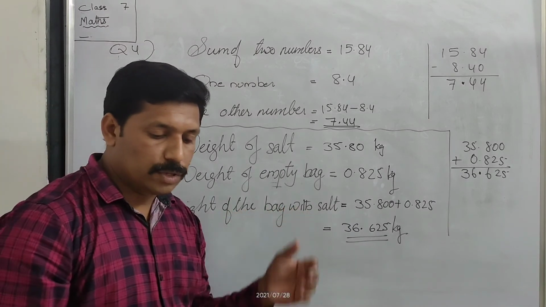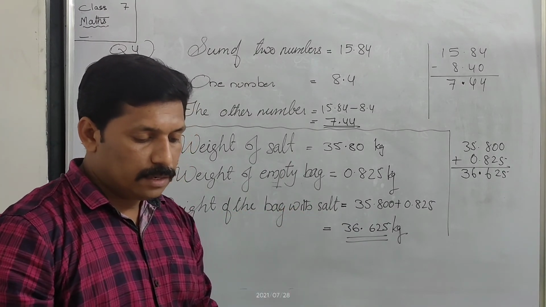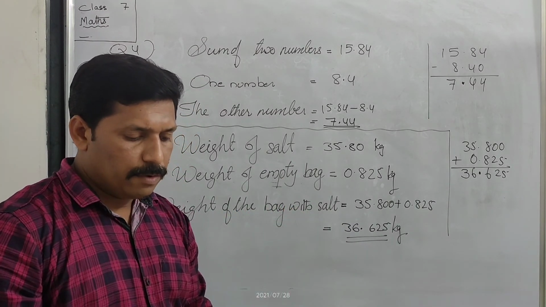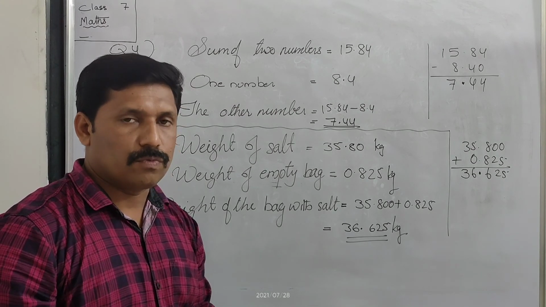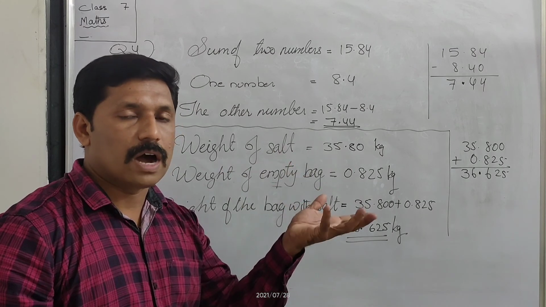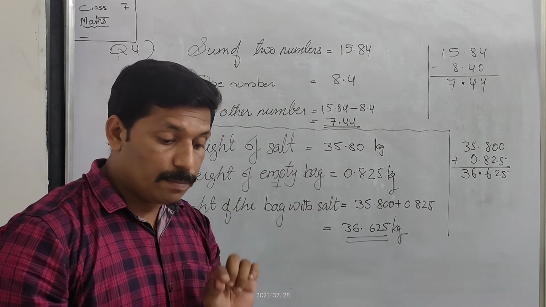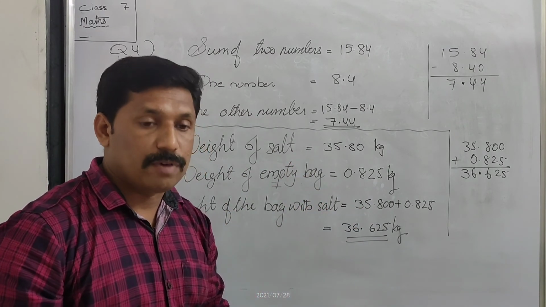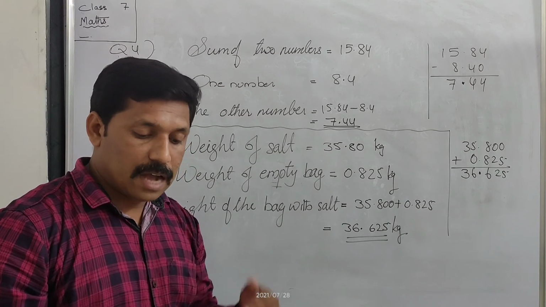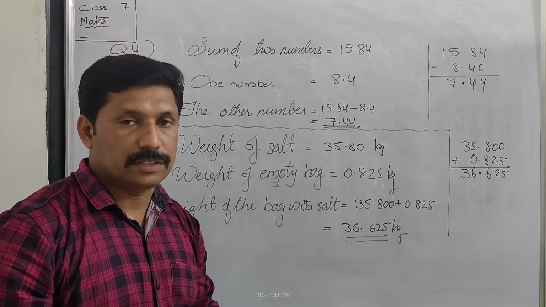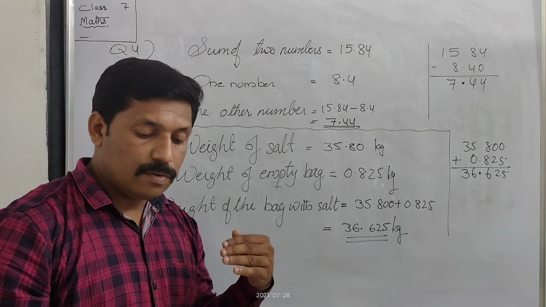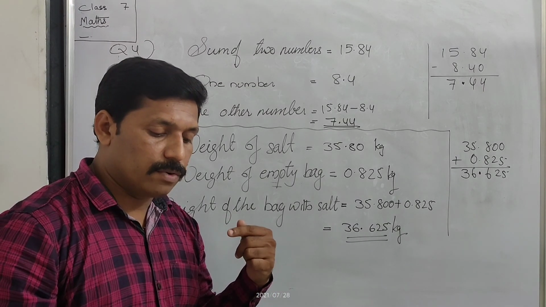Okay, I think you understood that. Now, seventh question, that is a homework for you. From a nylon rope, a piece of 1.5 meter is cut off. One nylon rope, we don't know how much is the length. From that 1.5 meter, means 1.500, is cut out. The length remaining after cutting is 2.7 meter. So what was the length of the nylon rope at the beginning?